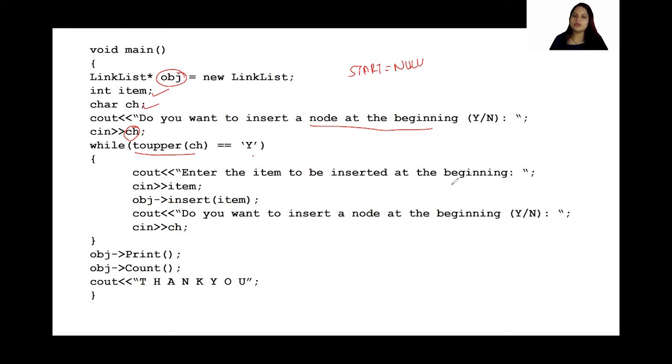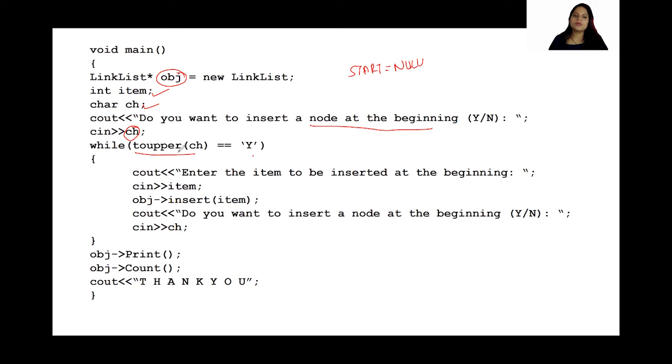Okay, so this is a very user friendly kind of function which has been written. If you don't want all this, you can skip all of them and directly call the function, but this is a proper, user interactive way of doing it, right? Where you're asking whether he wants to insert or not. Obviously, if you're running a program, you might think why would he ask that, but it is a better way of doing it. So if you say no directly, we are going to come out, isn't it?